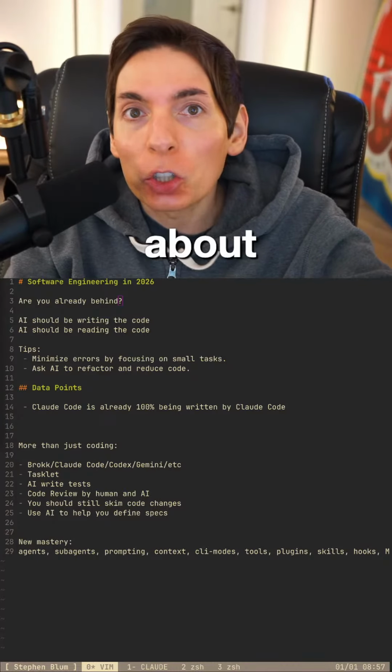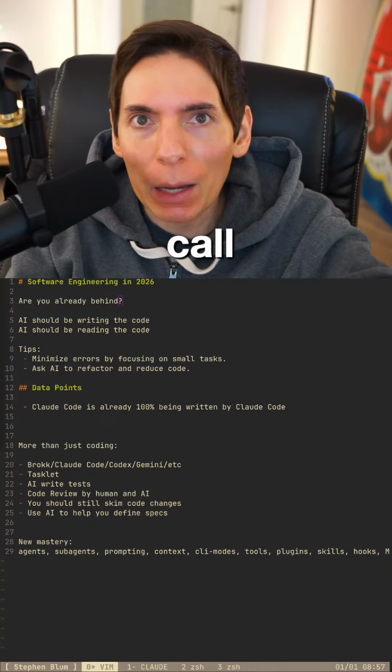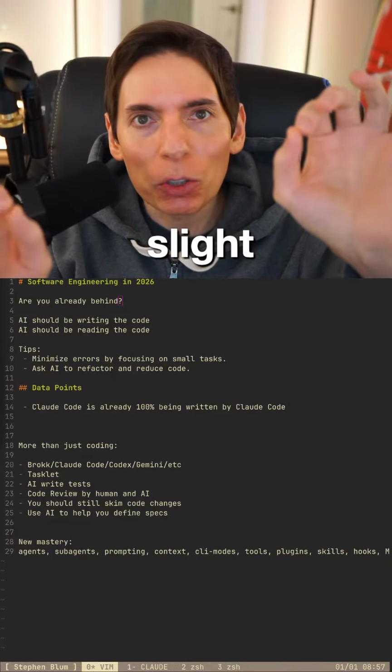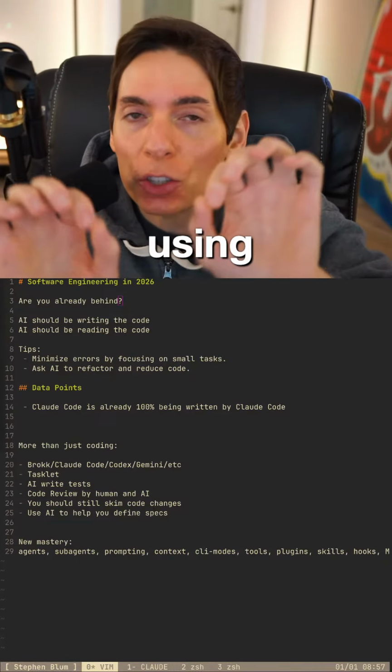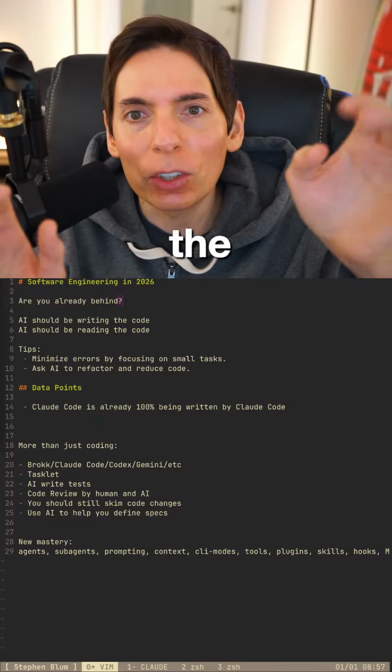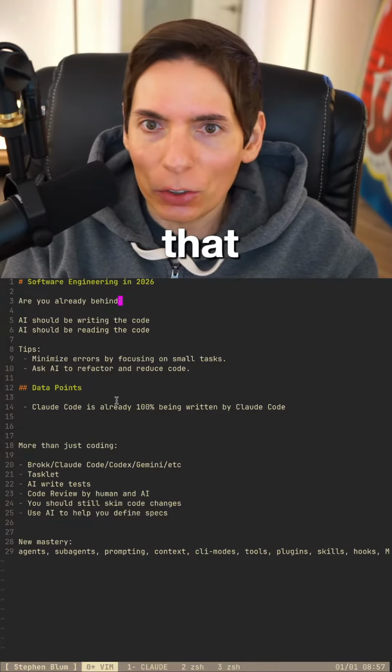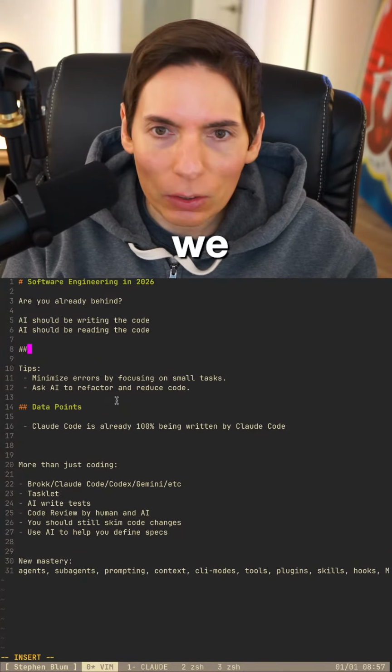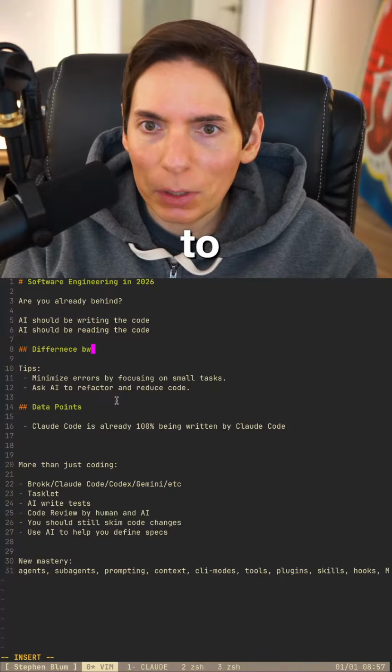I'm talking about AI code generation. Some people call it vibe coding. I think there's a slight difference between software engineering using generative coding and vibe coding. Let me describe quickly what the difference is between the two. Let's actually add that onto our list. We also need the difference between